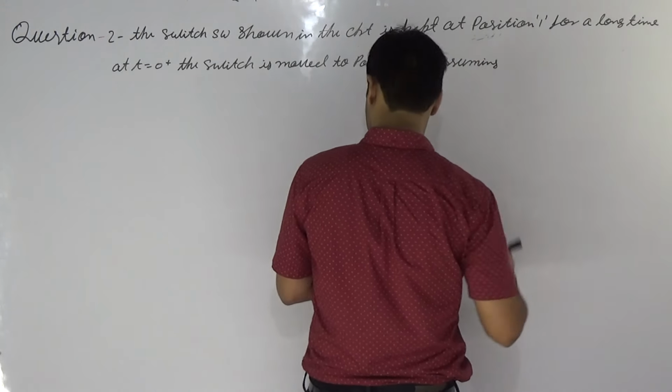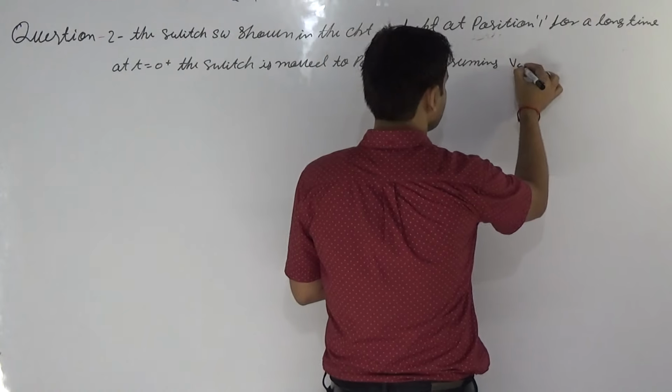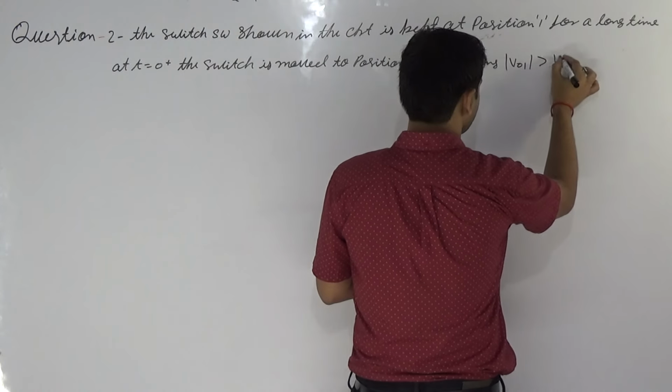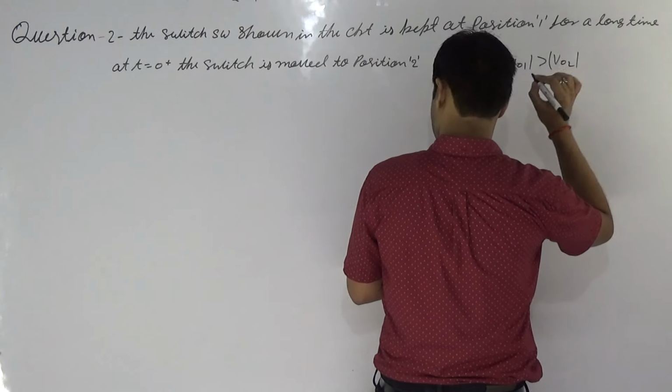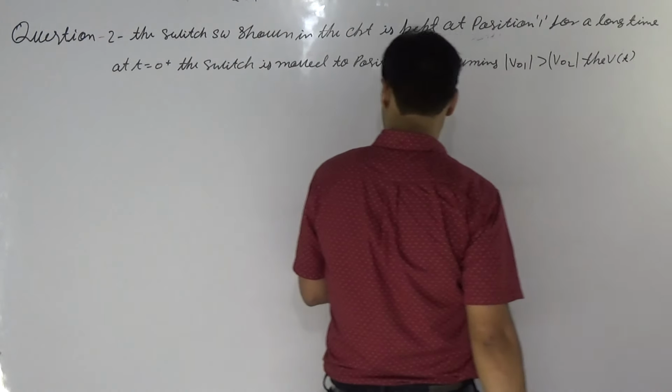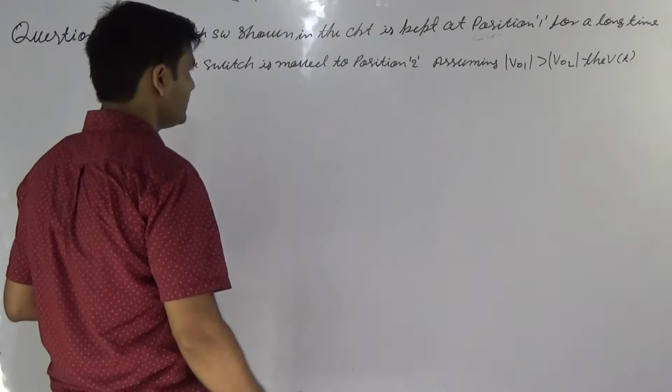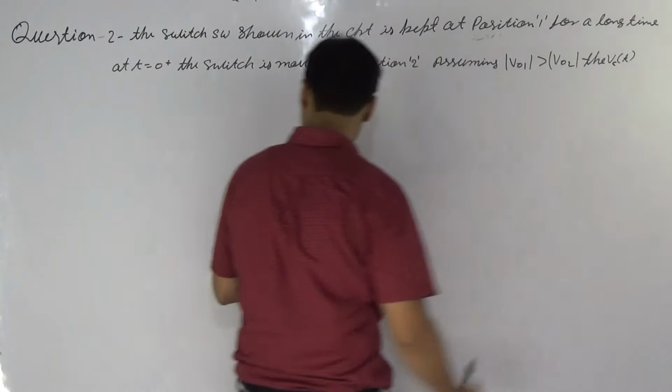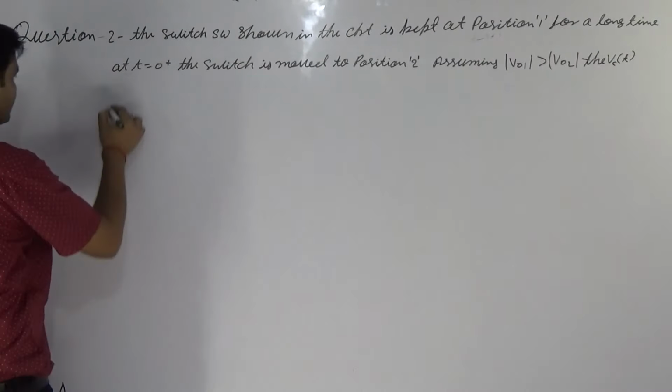Assuming V01 is greater than V02, the voltage VC across the capacitor is